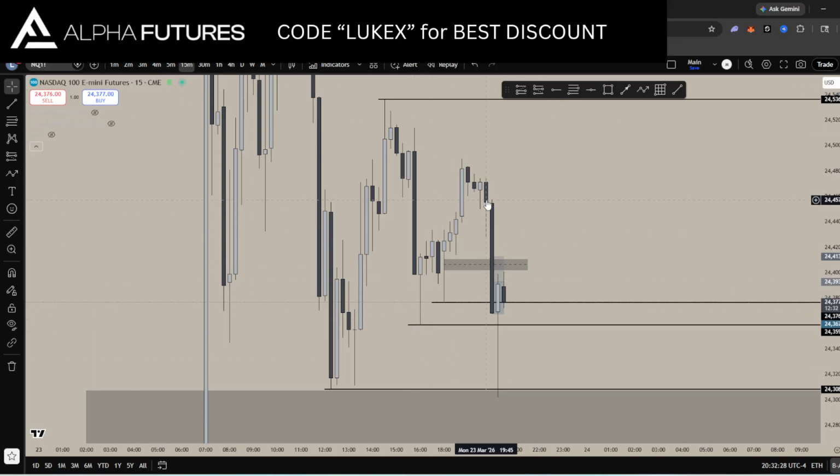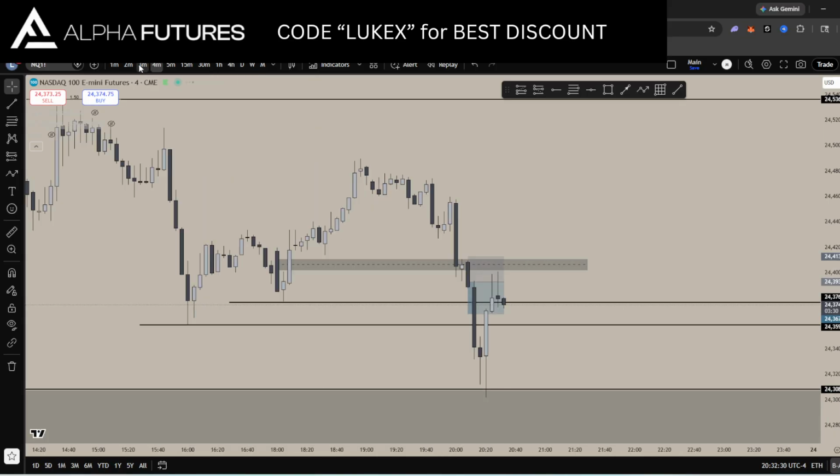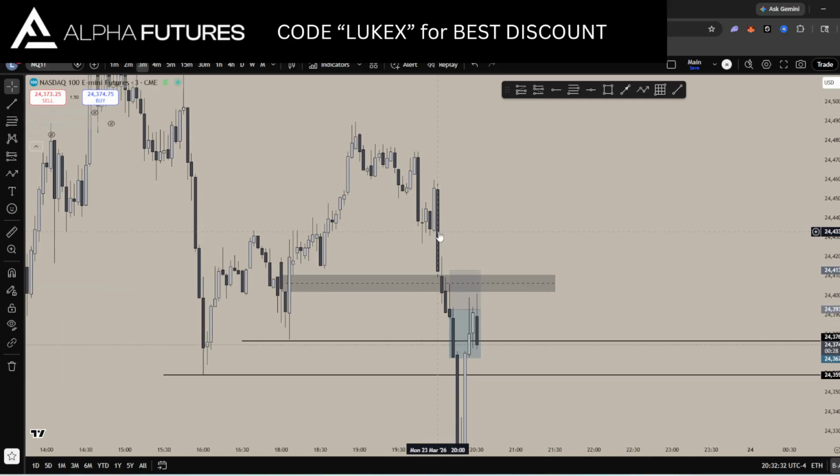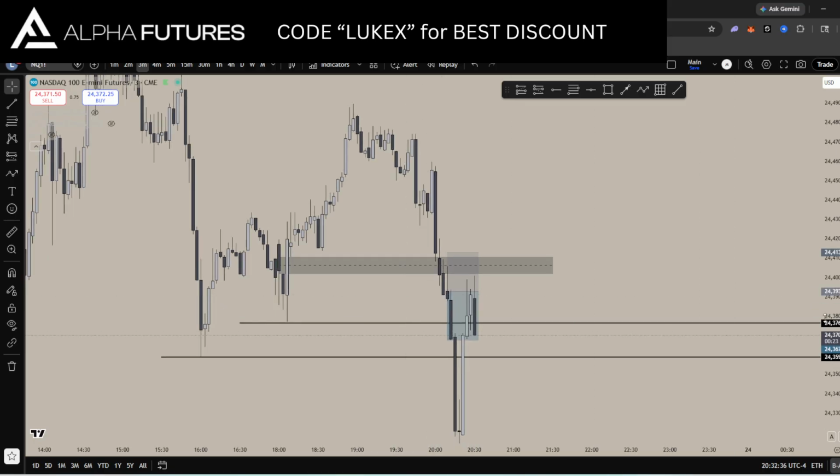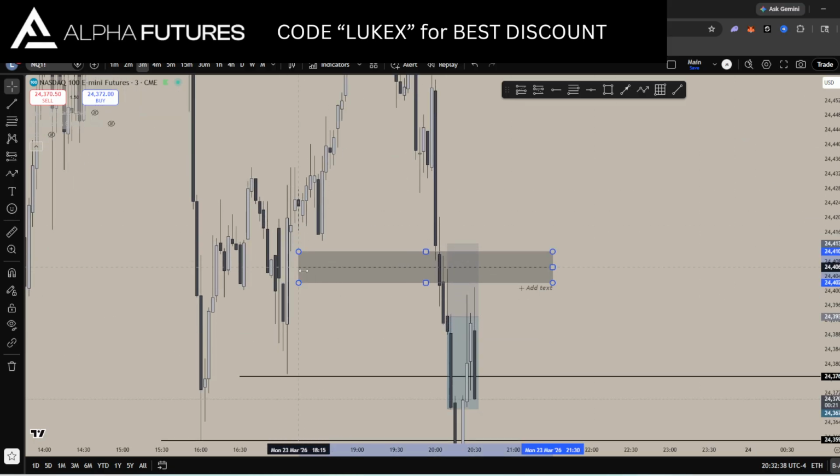So what do we see, right? Price immediately starts displacing down. So we get the 8 p.m. open. Price starts running down, and what do we do here? We have this 3-minute gap, which is kind of the first presented fair value gap in this leg to the upside. So I'm waiting for this to inverse, because this is kind of like the last line that's holding price to the upside.